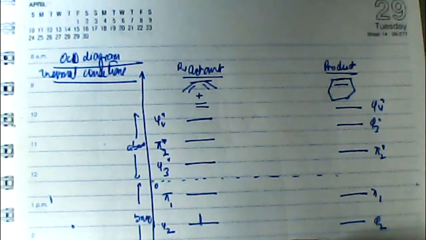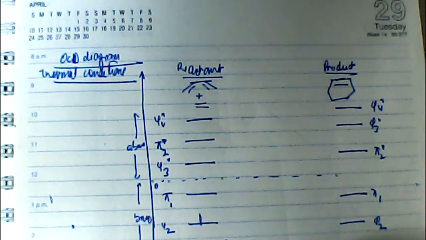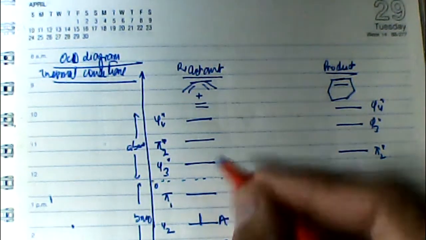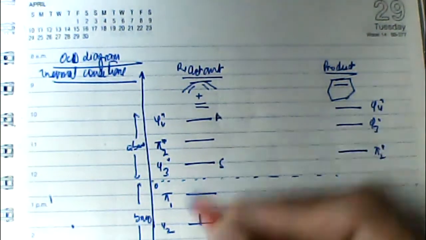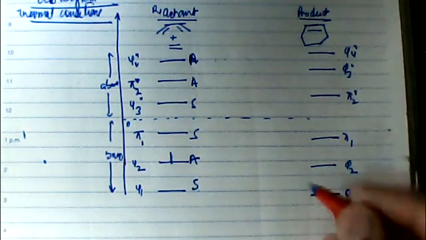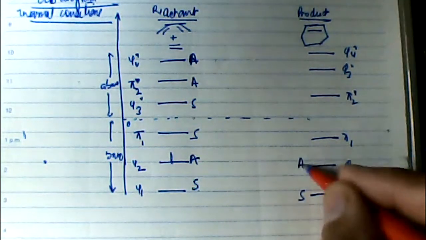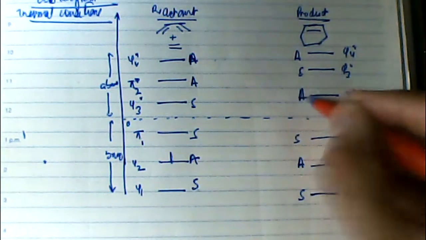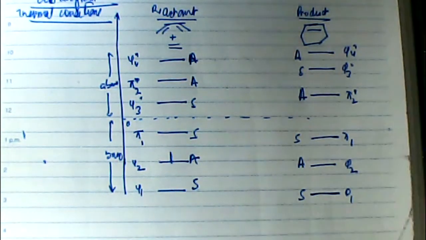You remember the mirror plane of symmetry had Phi1 which was symmetric. And let's work out what I told you. The similar kind of molecular orbitals would have alternating symmetries. Of course, we know this is symmetric, this would be antisymmetric, this would be symmetric, this would be antisymmetric. If pi1 was symmetric, this would be antisymmetric. Similarly with the phi1 molecular orbital, if this was symmetric, this is antisymmetric, symmetric and antisymmetric. You can check what we have done in the previous case.